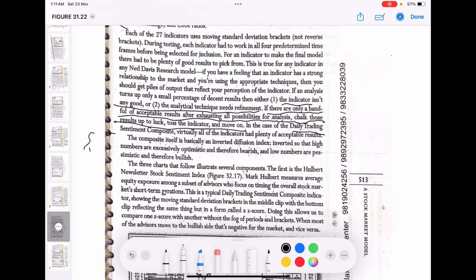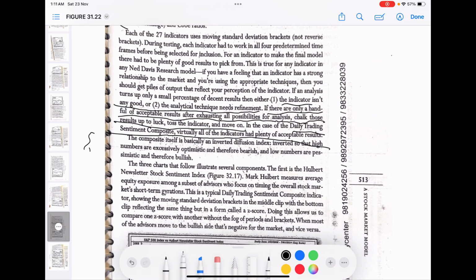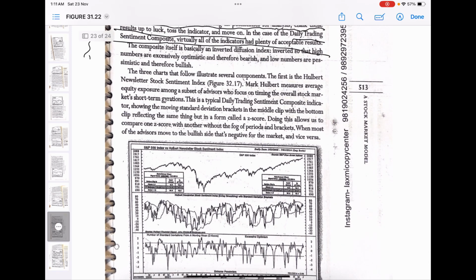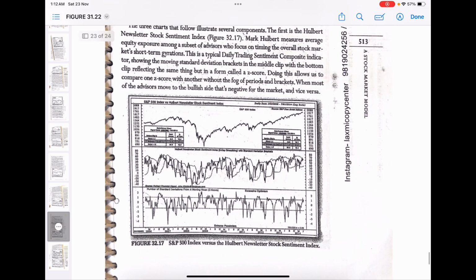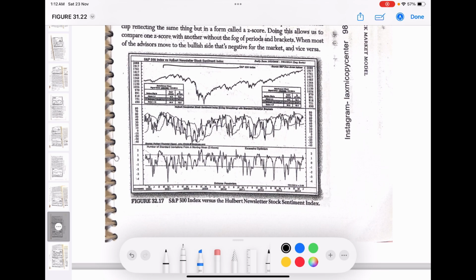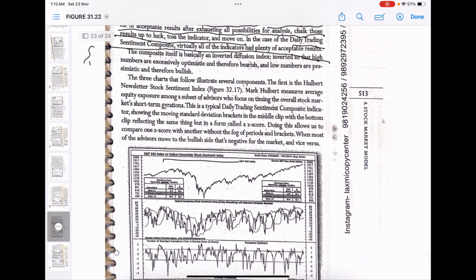In the case of the daily trading sentiment composite, virtually all of the indicators had plenty of acceptable results. The composite itself is basically an inverted diffusion index, inverted so that high numbers are excessively optimistic and therefore bearish, and low numbers are pessimistic and therefore bullish. The three charts that follow illustrate several components. The first is the Hulbert newsletter. Okay, so 32.17, we have the Hulbert newsletter, which talks about the stock sentiment which is there in the market. The composite itself,